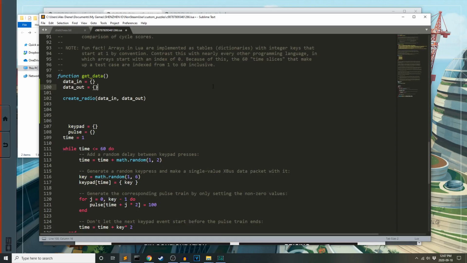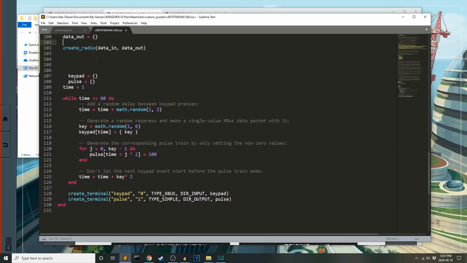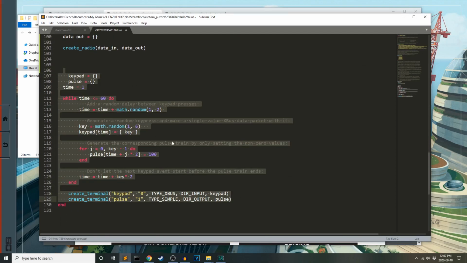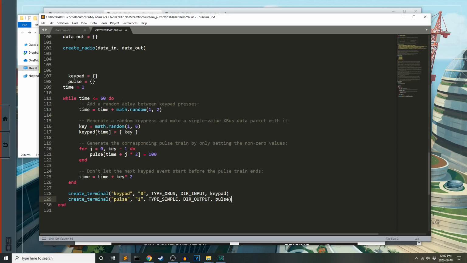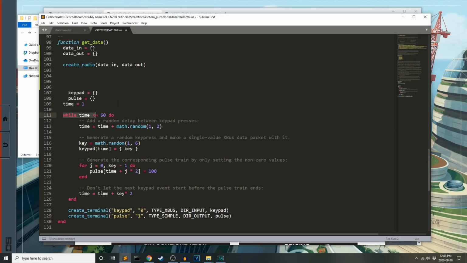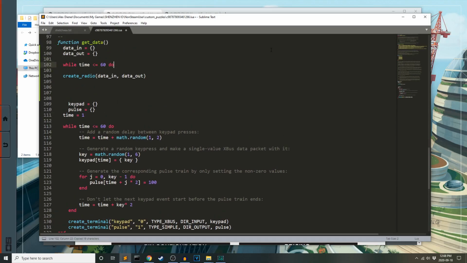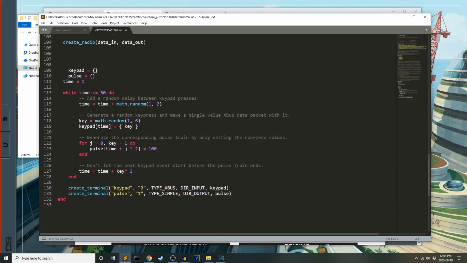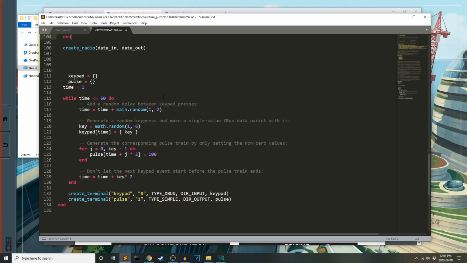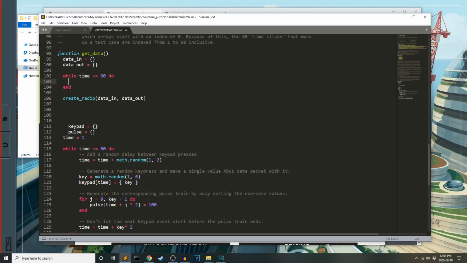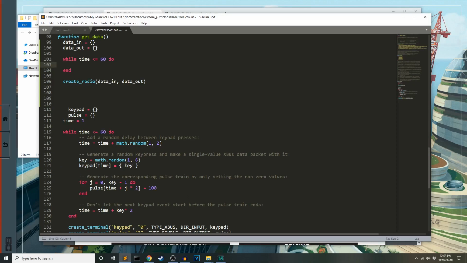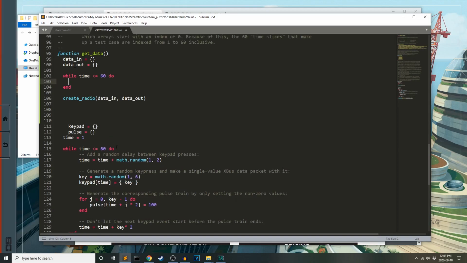So the nice thing, even though I haven't written any Lua for a long time, I can just look at what the syntax is for this and take a guess at what I need to write. All right, sure. So I'll do the same kind of while loop here. I wouldn't have come up with the syntax myself without having to look at a reference, but I can just look at this reference. Perfectly adequate. Okay, so, time plus, don't let the next keypad event start with plus string ends. Okay, so,